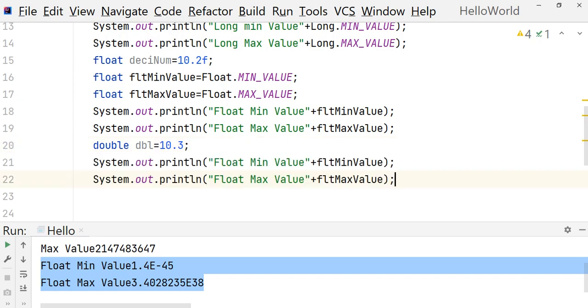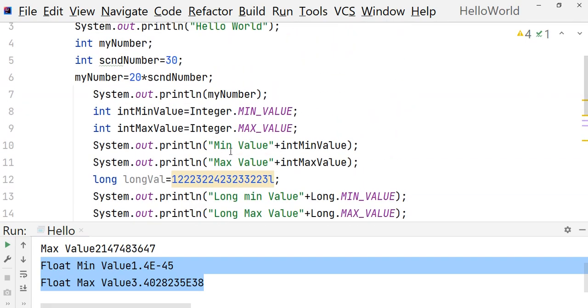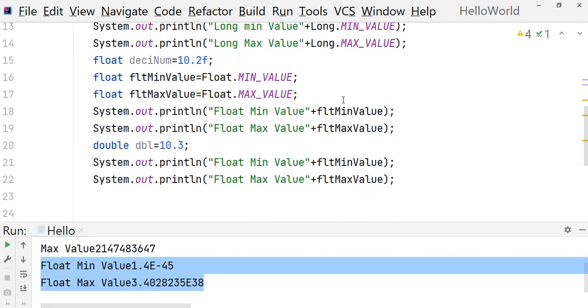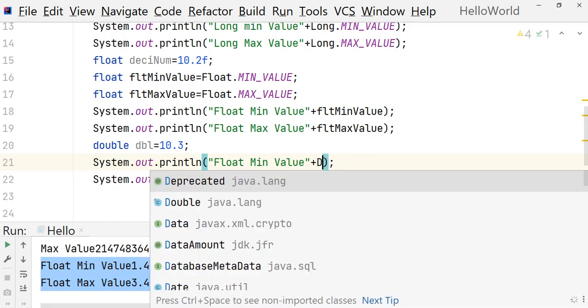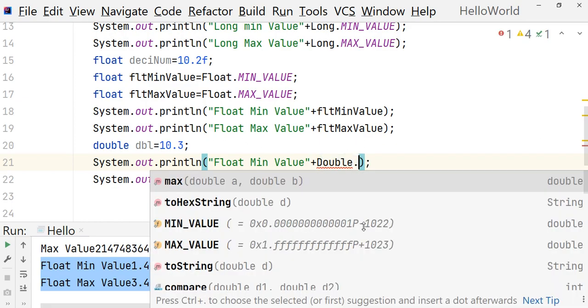Here I want you to try and print the min and max value of double, and it is very simple. Same way we have the Float class, Integer class and Long class. So these are wrapper classes. So double also will have the wrapper class, and you just need to use max value and min value.